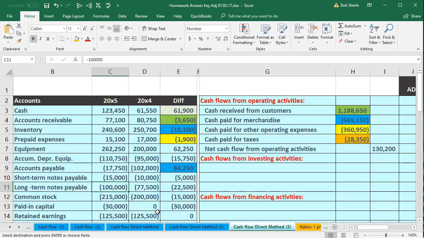In this presentation, we will continue building our statement of cash flows using the direct method, now focusing in on